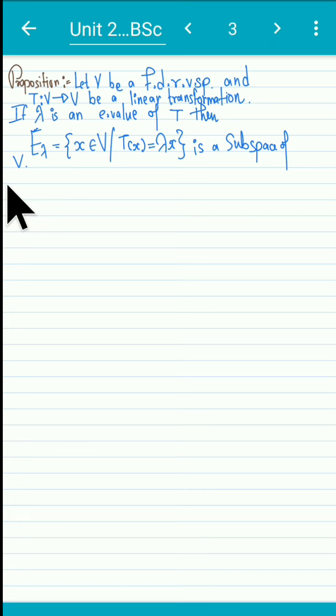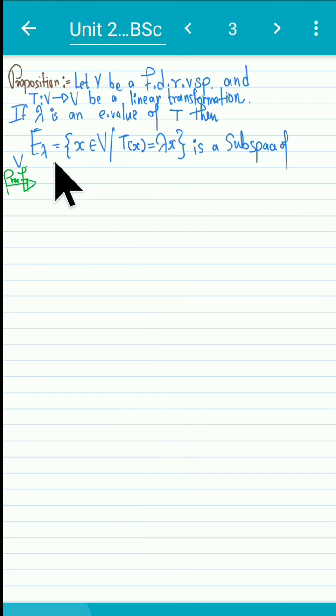So let me start the proof. I hope you have understood the statement. I will read it again. I have a finite dimensional real vector space, T from V to V is a linear transformation, and lambda is an eigenvalue of T. If lambda is an eigenvalue of T, that means there exists a non-zero vector x such that T of x is equal to lambda x. So this statement is trying to tell me that. Then I need to prove that E of lambda, the set of x such that T of x is equal to lambda x,